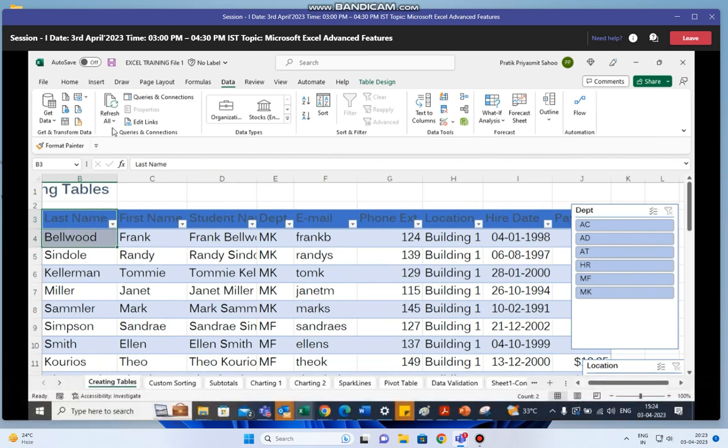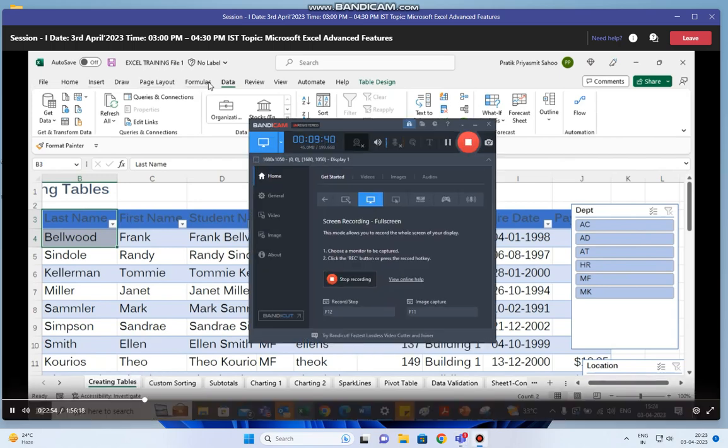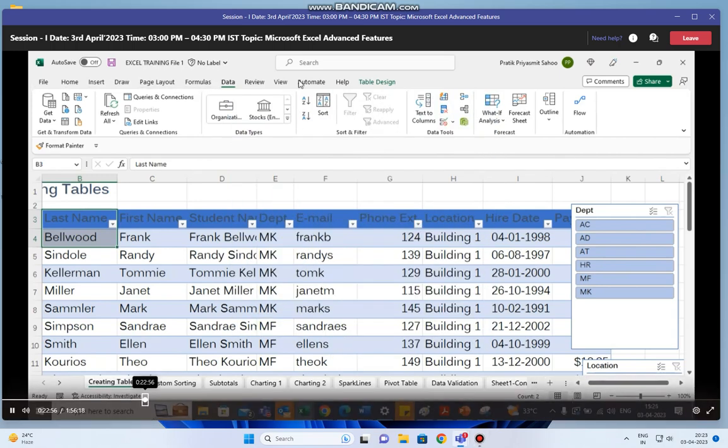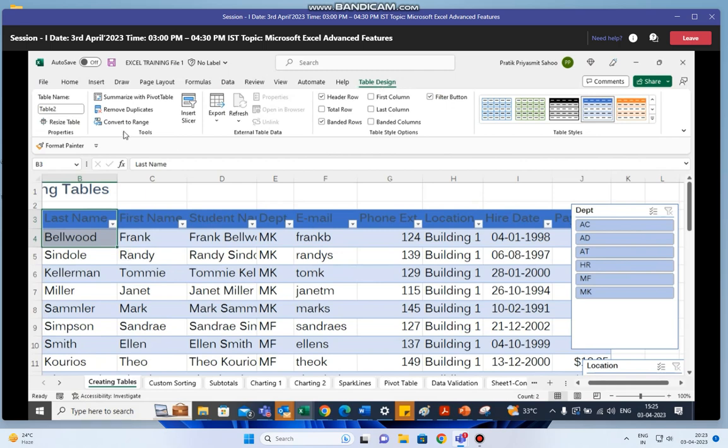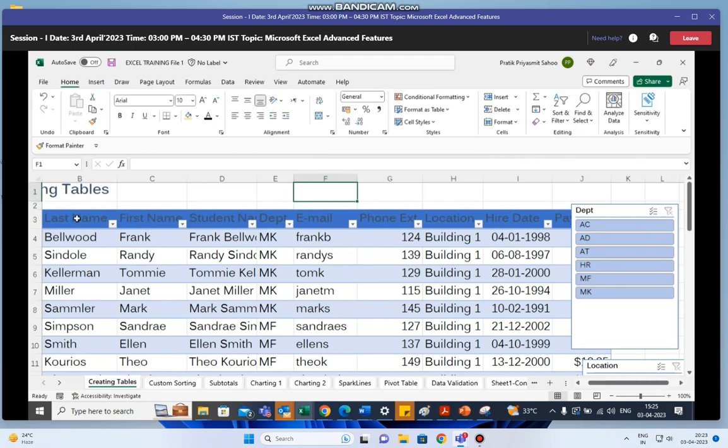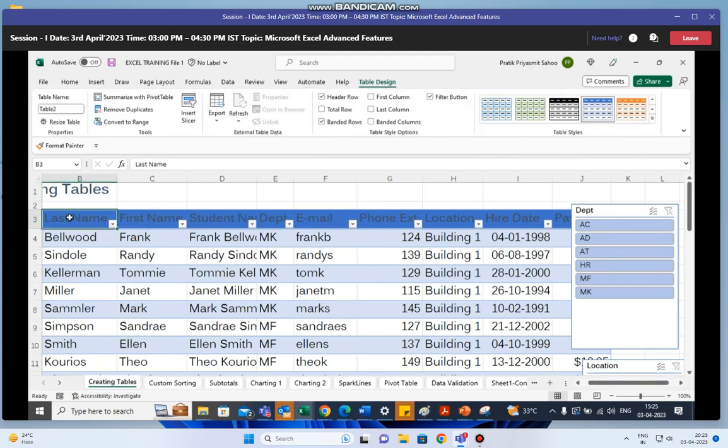If you have a look at the tabs, just see there is file, insert, draw, formulas, all these options are there, right? And there is a table design option that has come up over here, right? If you click, just see there are a lot of additional options coming up, table design. So if you are using this table format for your data, then you can find this when you